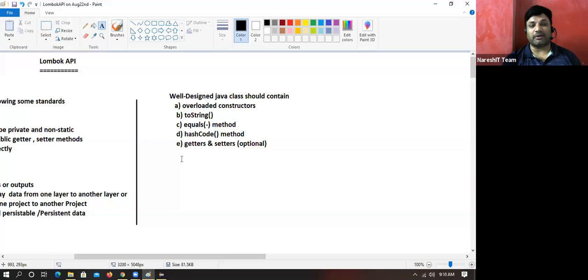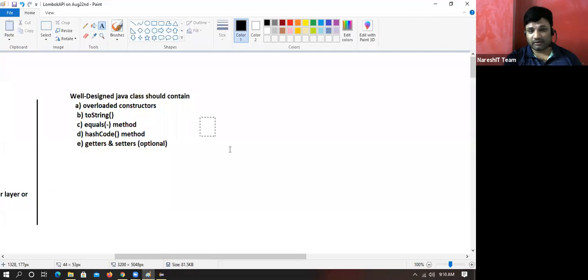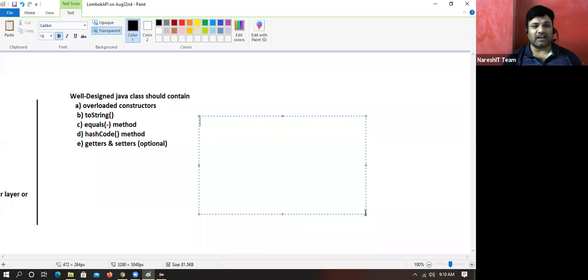Are you understanding my point? They are not there. So that's why a well-designed Java class should contain all these things, boss. A well-designed Java class should contain all this. Understanding my point? If equals and hashCode methods are not there, keeping objects of a Java class